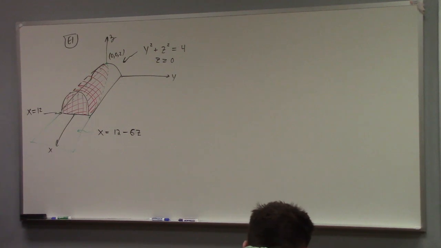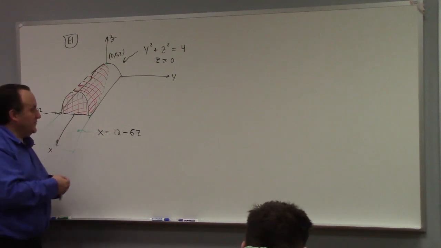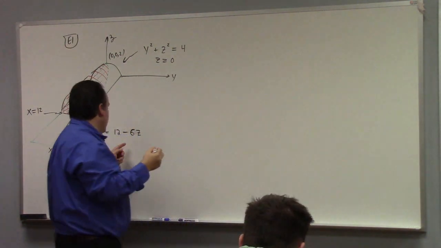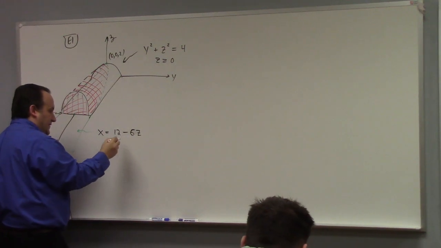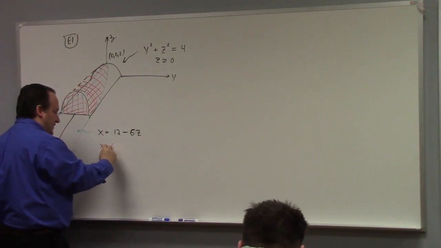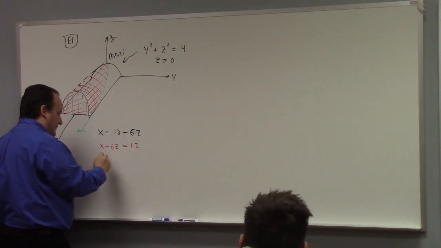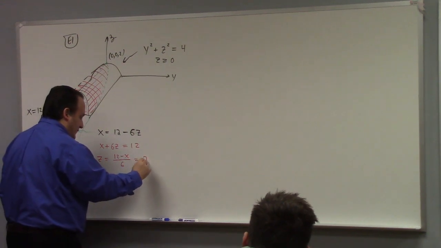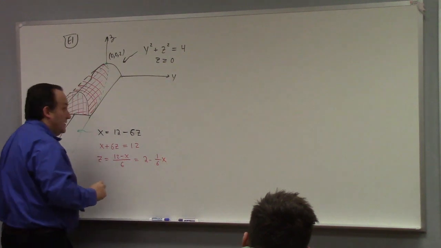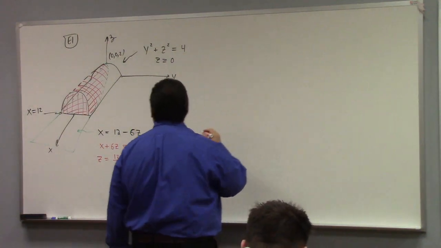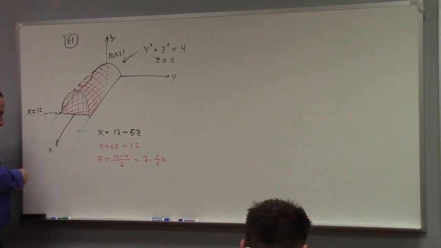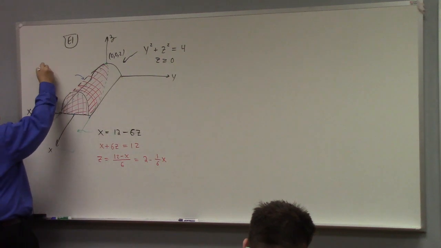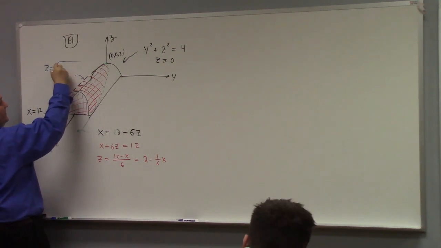So how do we find the volume of such a thing? I think it's most convenient to think about this in terms of z. This is x plus 6z equals 12, also known as z equals (12 minus x) over 6, aka 2 minus 1/6 x, right? And what's the equation for the top of this volume? Well, the equation for the curved part up here would be z equal to the square root of 4 minus y squared,